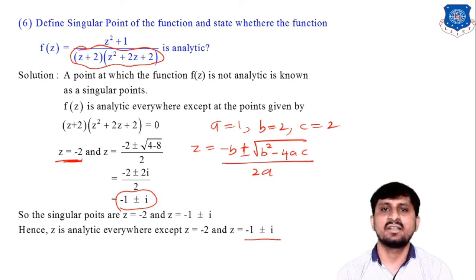Now the next definition is removable singularity. If the limit of f of z as z tends to z0 exists, then we can say that z0 is a removable singularity. Next is essential singularity. If there are infinitely many terms of the principal part, that means 1 upon z minus z0, 1 upon (z minus z0) whole square, 1 upon (z minus z0) whole cube and so on, then we can say that z0 is an essential singularity. And if there are finitely many terms, then we can say that z0 is a pole of order n. That means you have only finitely many terms like b1, b2 up to bn.